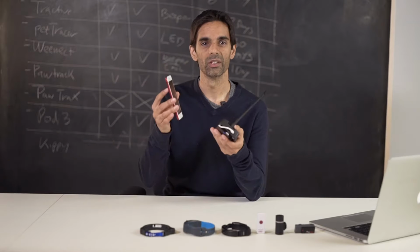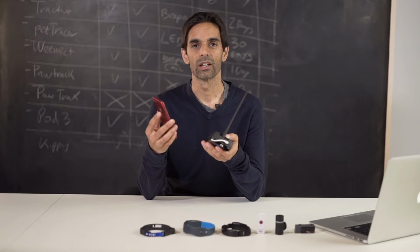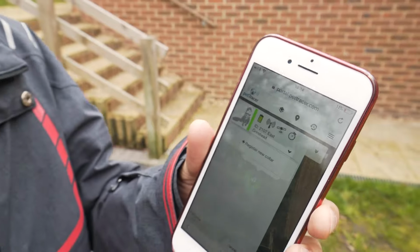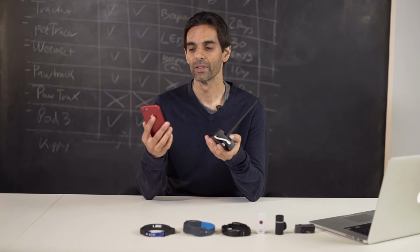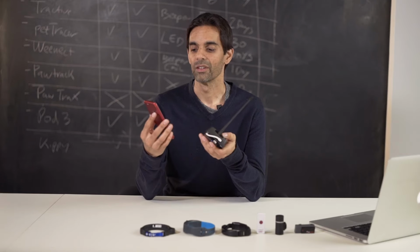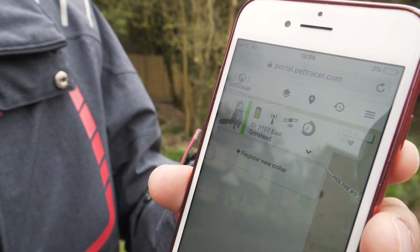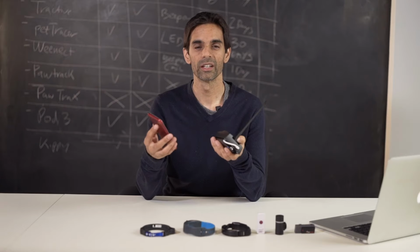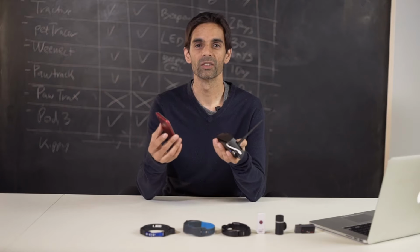connect it to your phone and then have a look at the radio signal strength. When the radio signal increases, then you're getting closer to the collar or the cat. And if it becomes weaker, you're moving away from it. The radio can actually go through walls and also through concrete, so you will be able to find your cat